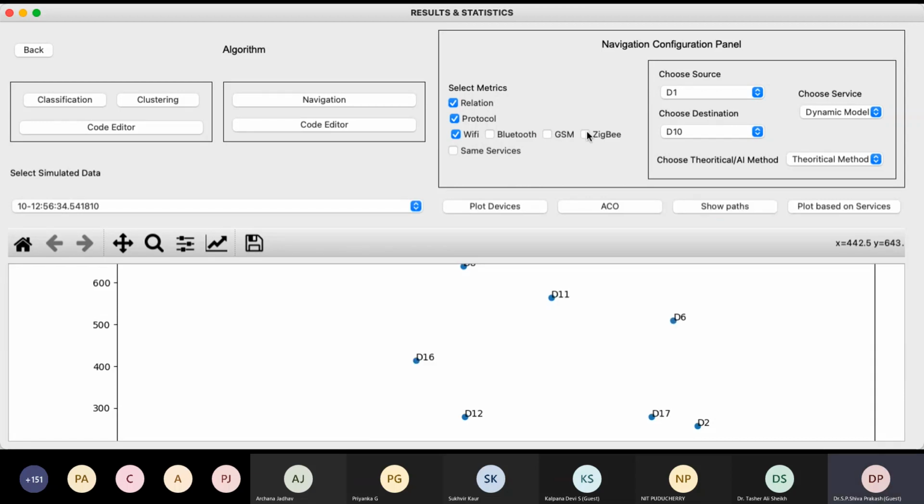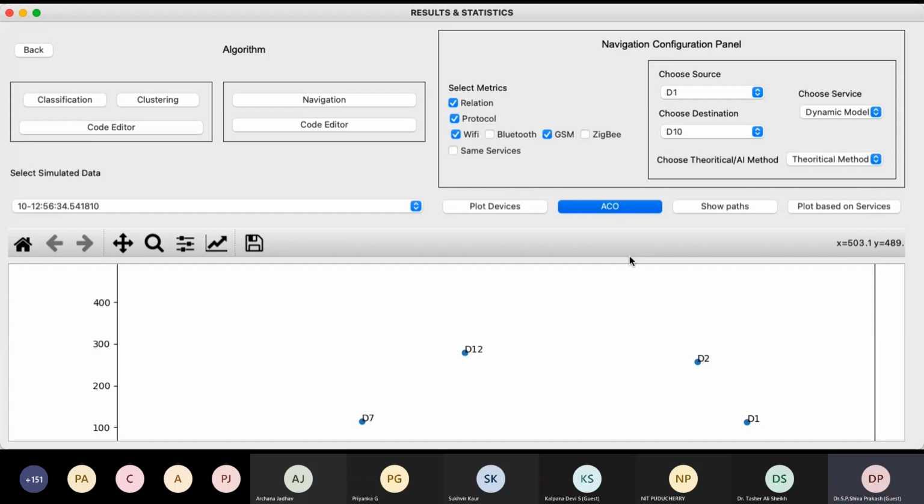And now I can choose all these options and say show different paths. We don't have all the devices, so let's say I'll enable these two, and if I use some routing algorithm,